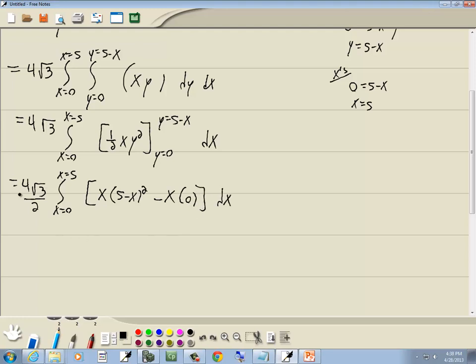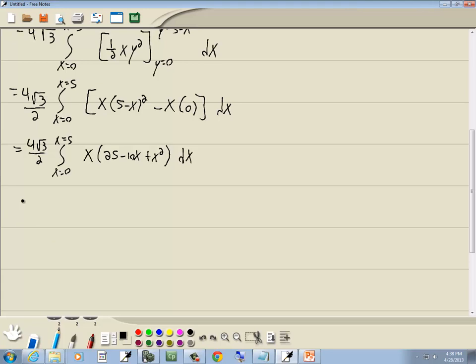Well, x times 0 is 0, so it drops away. And simplifying this a little bit, we got x times 5 minus x squared gives us 25 minus 10x plus x squared dx,